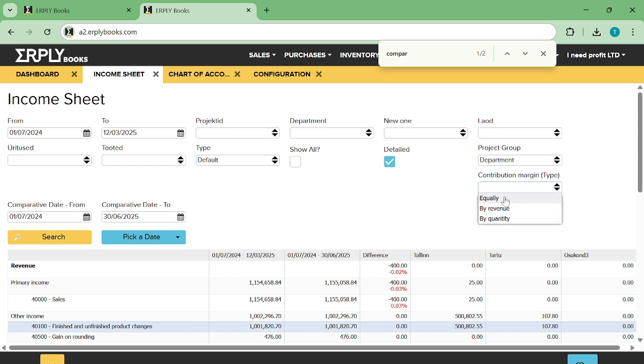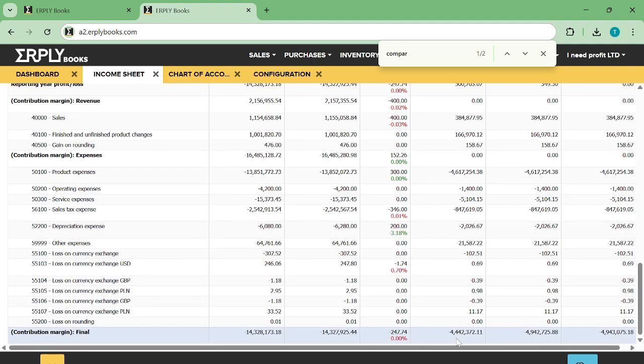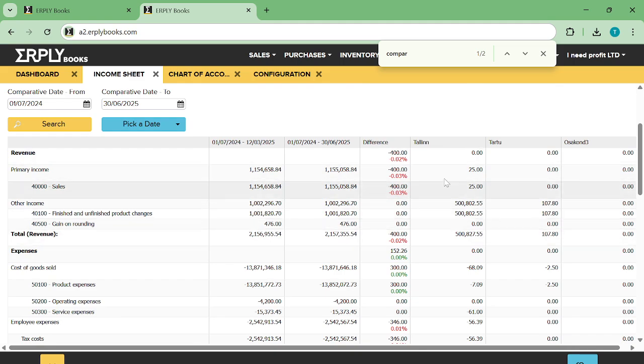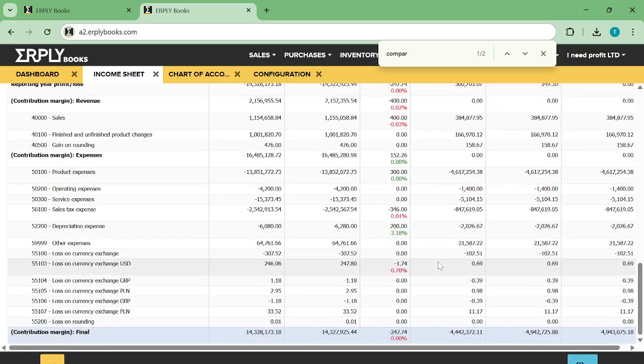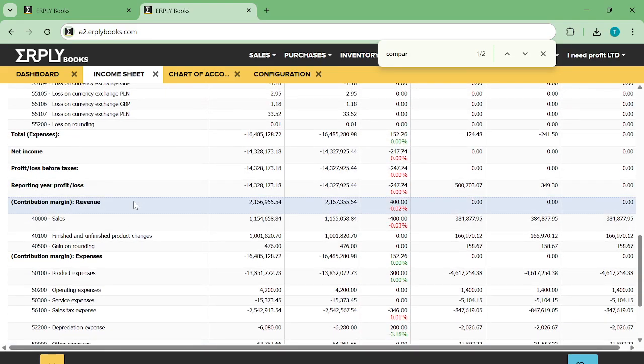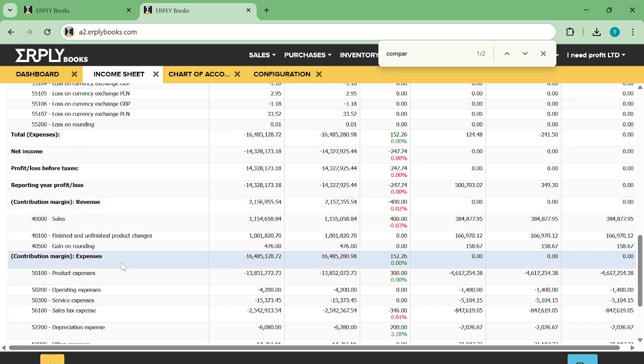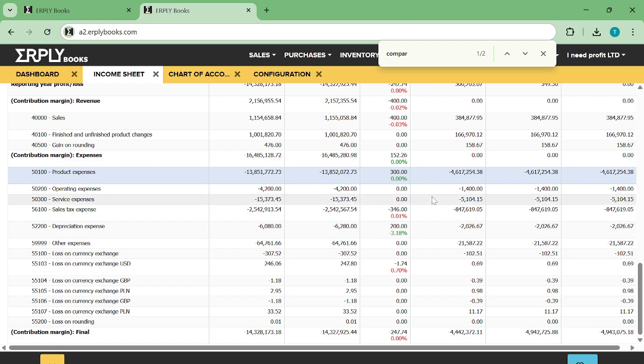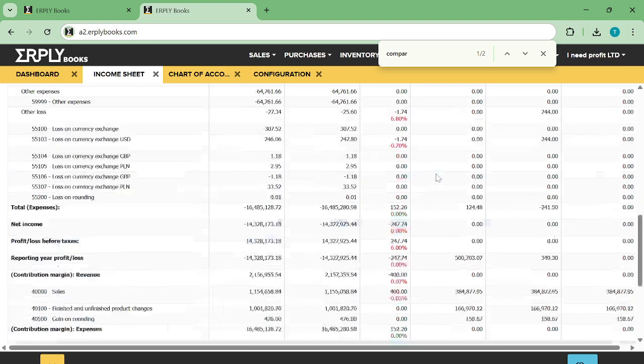I can divide it equally. Then, as I have 3 departments, you see the overall profit for these 3 will be divided equally. But you see that this one has the lowest loss. This is because it has allocated profit, but not allocated the expenses. And here you see that here comes the not allocated revenue, here comes not allocated expenses, and here are the expenses and revenues that are not allocated, divided equally. But I can also do this